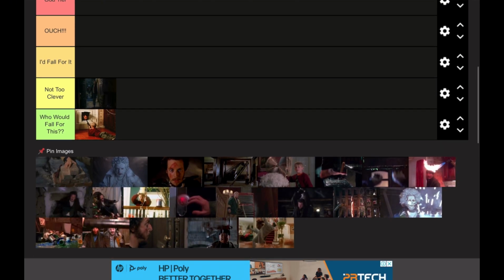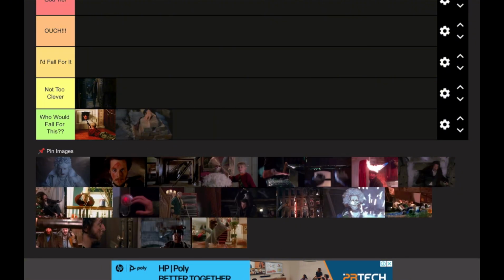Okay, the brick trap from the second movie. Yeah, this was a Who Would Fall for This. That is a dumb one. Like, they just literally stood outside and then just...